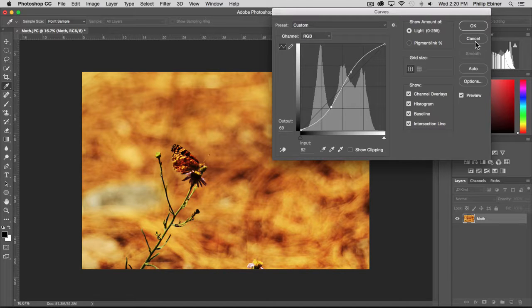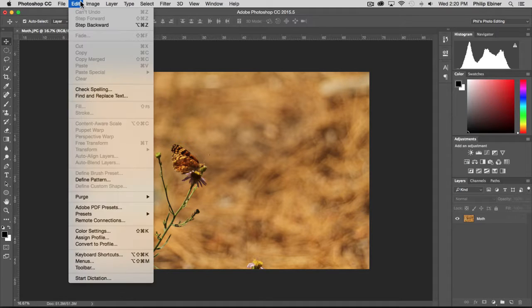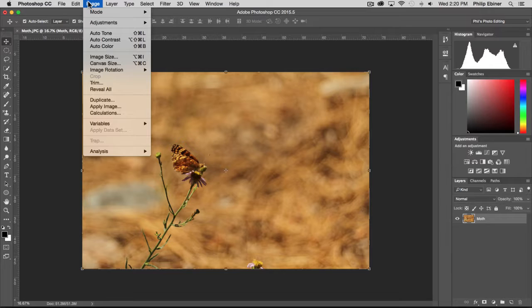saturated image. I'm going to click cancel just so we can see what the image looks like unedited. But to save any of those to the photo, you just click OK. A couple of the other options, and again, we have to make sure that we click the layer that we want to edit. Go to Image